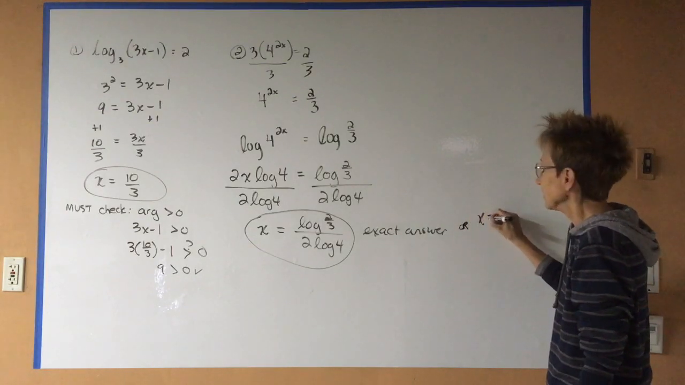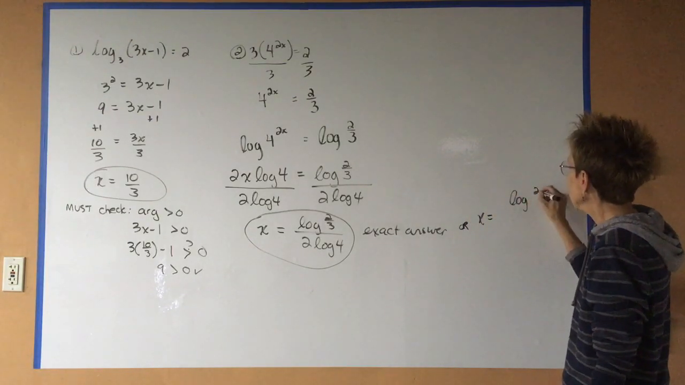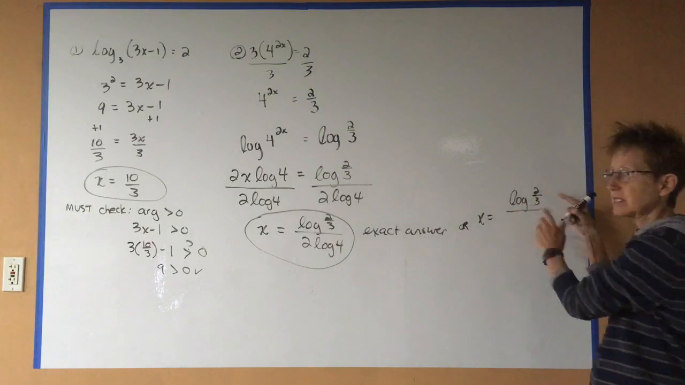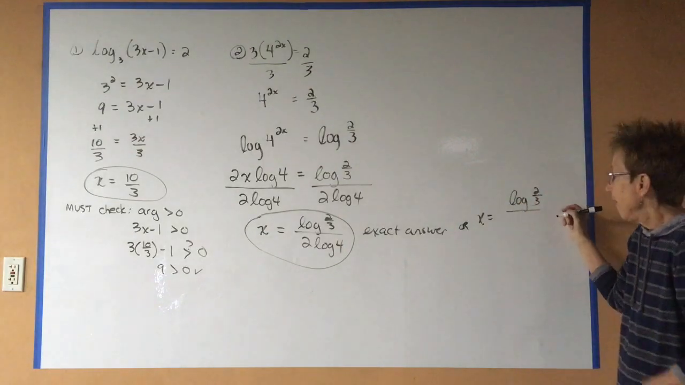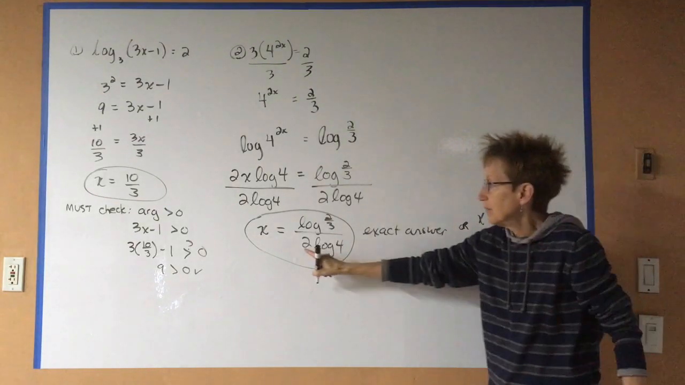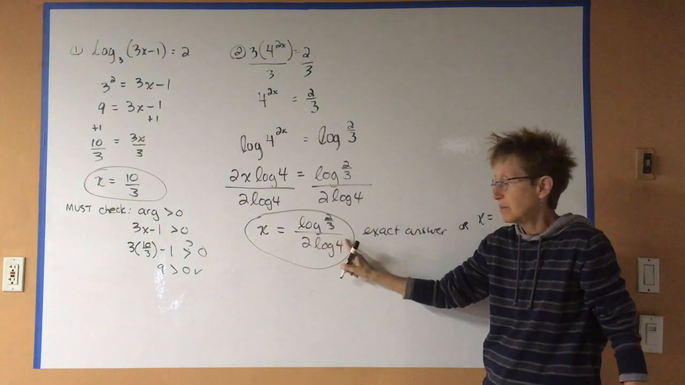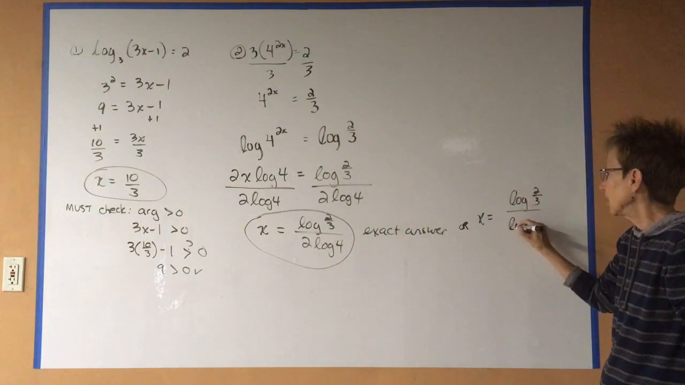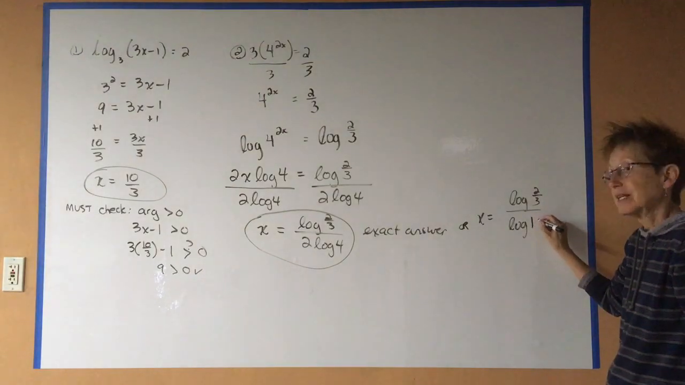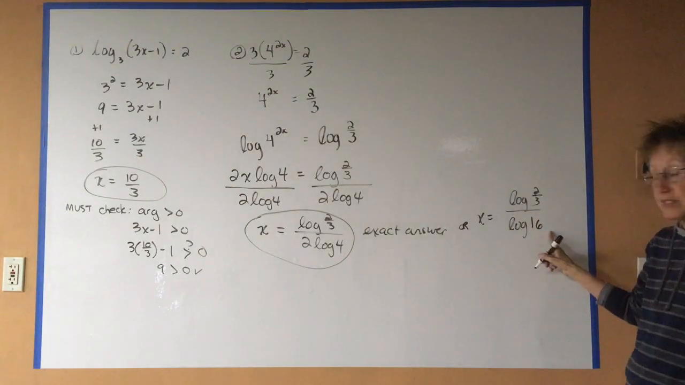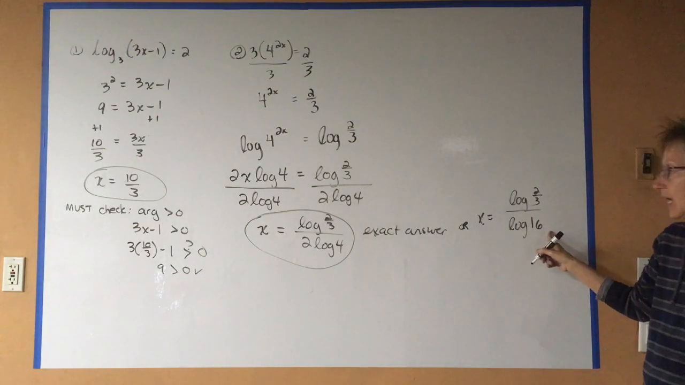Let's see, x is equal to log of 2/3. I'm not going to turn that into log of 2 minus log of 3. That just makes it harder. On the bottom, though, this multiplier can come over here as a power. So this is log of 4 squared, which is 16. That might be easier to put in your calculator. Either way,